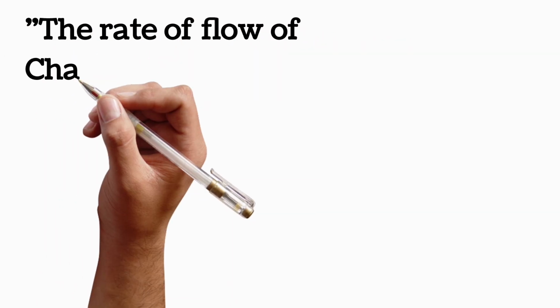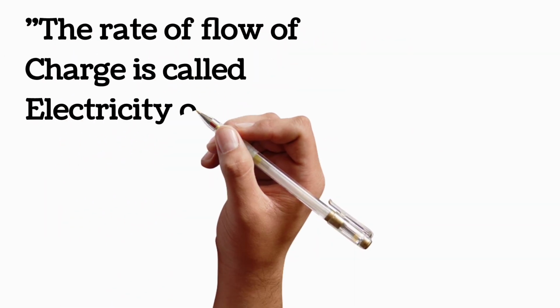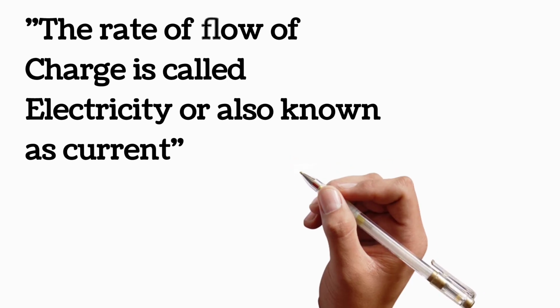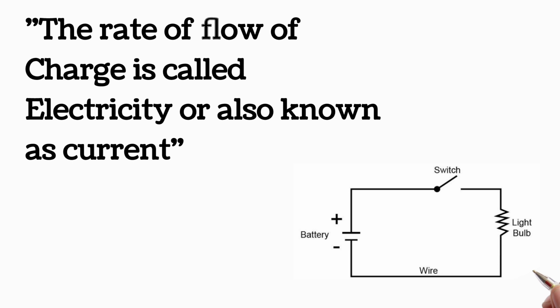Now what is the definition of electric current? The rate of flow of charge is called electricity, also known as current. That is the definition of current. Now let's see how this current works in a simple wire circuit, a simple wire conductor. As we can see in this diagram,